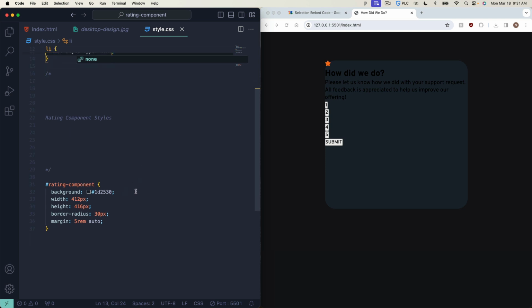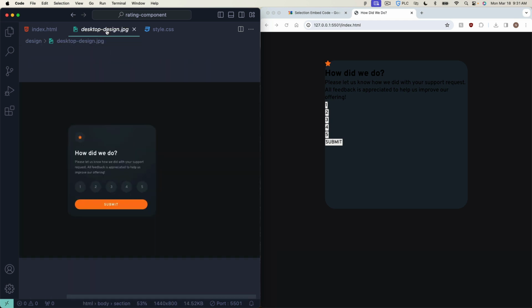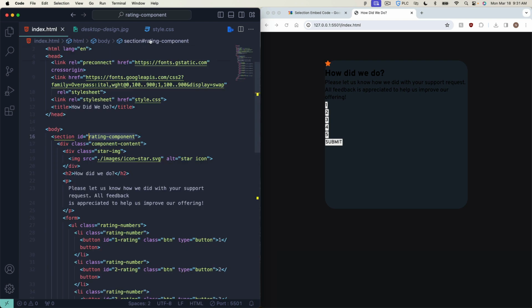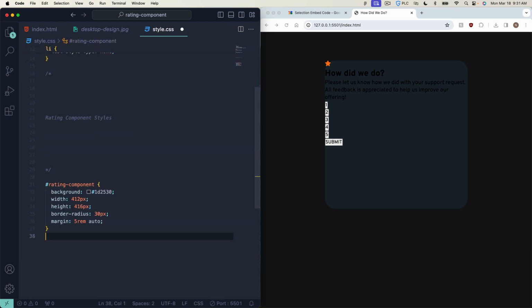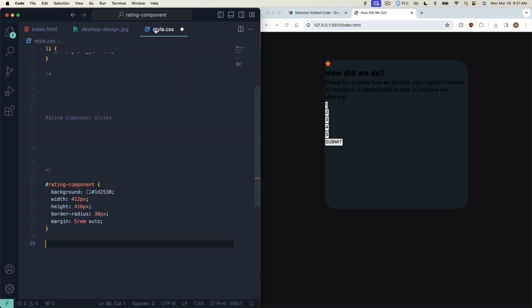And let's continue on. So now we're going to move on to styling the component content. So by component content, we mean our text and our buttons and everything. So let me go to style.css. And let's copy this class name of component content. And I'm going to use the dot selector for the class, component content, curly braces, and then we're going to say,